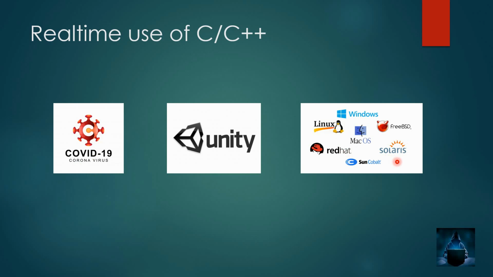That's the main reason why they write viruses using C or C++, which can easily affect your operating system. And coming back to the middle diagram, here we see something called Unity, right? Unity is a framework, or you can say a software development tool, which helps us develop a game directly. By using Unity we can develop a game, for which we need to have familiar knowledge of C++. So this is all about the real-time usage of C and C++.